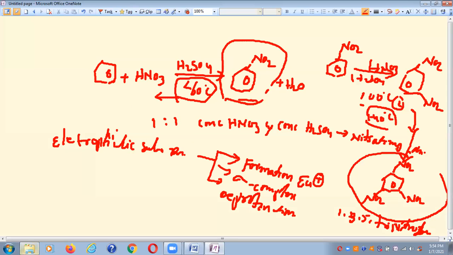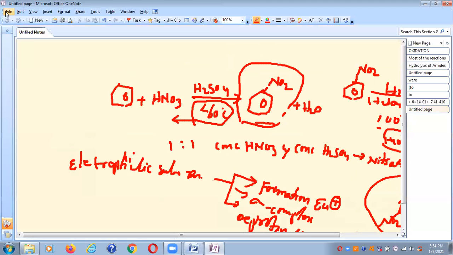So here the controlling factor is what? Temperature. So benzene, when it is treated with nitrating mixture under less than 60 degrees centigrade temperature, then we can get nitrobenzene, that is a yellow colored oily substance. Okay, and next,